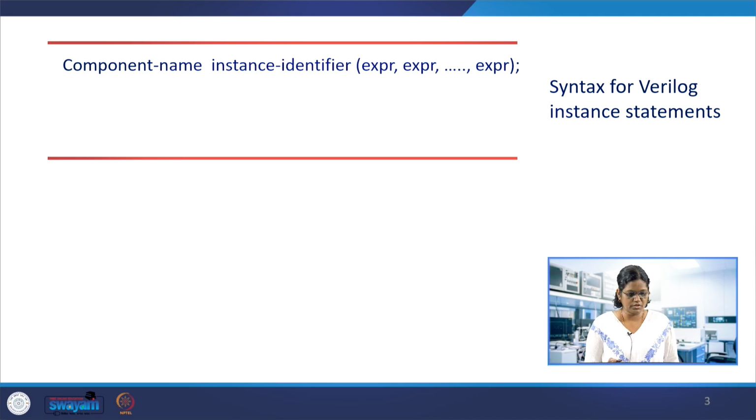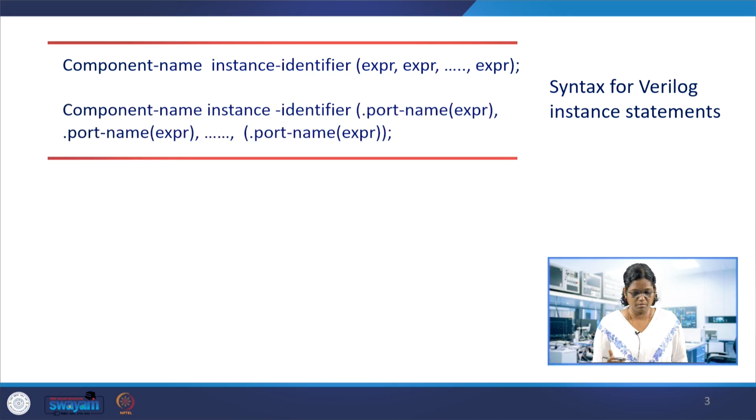So the first name is the component name, for example the AND gate and the OR gate, as well as the built-in gates we did in the previous examples. Then the component name and the instance identifier, the name which we give in the local digital circuit, and the expressions continue within the bracket. So this is one format in which we instantiate the component.